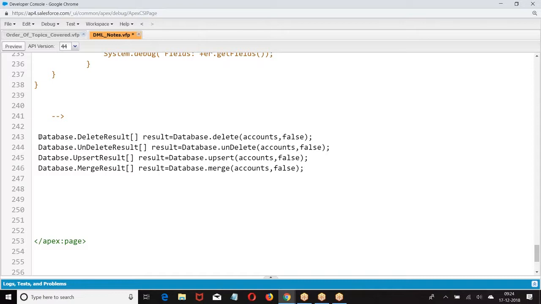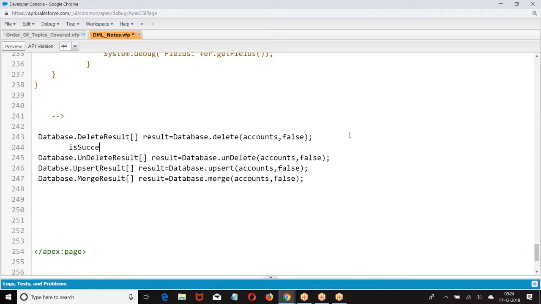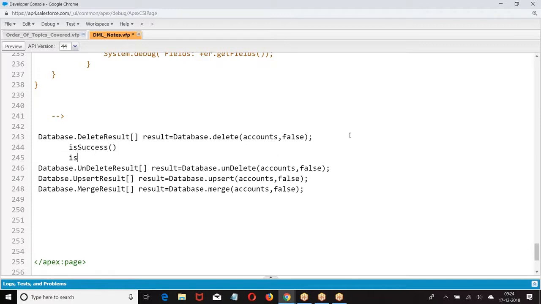Sudesh, I have one question. As you said, get fields in the error part, will that also give the IDs, because when we do an update? When you call get fields, it gives the list of fields on which the error has occurred, because of which field the error has occurred. When you say get fields, it does not give all the fields of the object. It gives the list of fields because of which the DML failed.